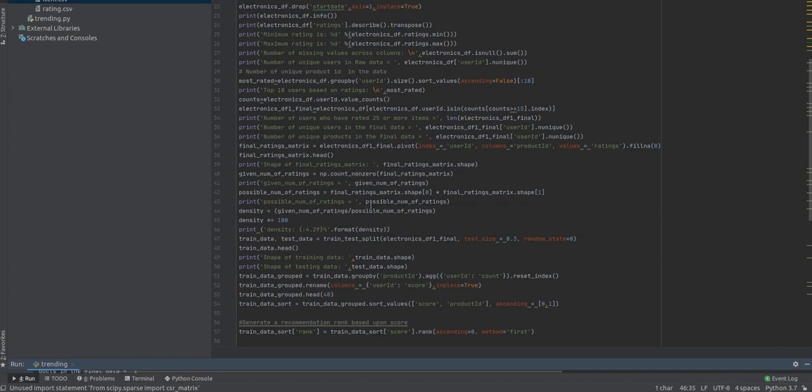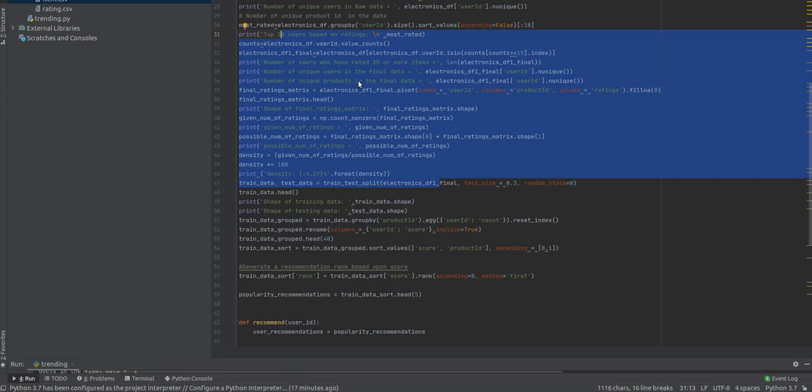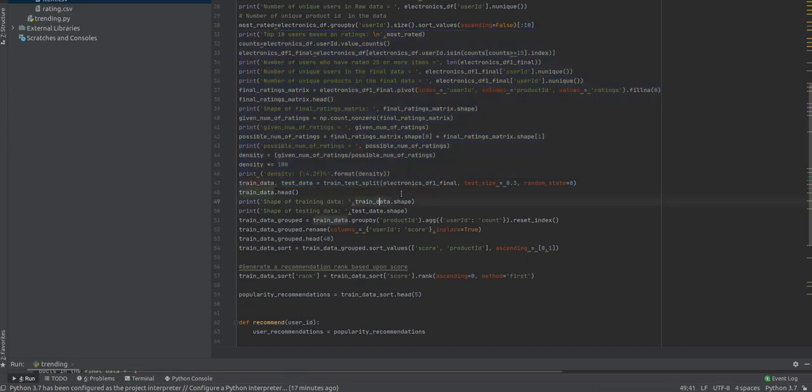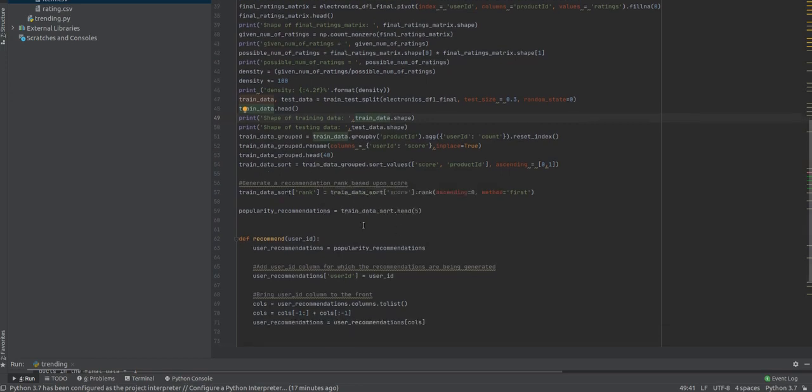Okay, after this portion we split our data set into the train part and the test part, and here we see the shape of the train data set and test data set. After that we find out the rank given by a user.